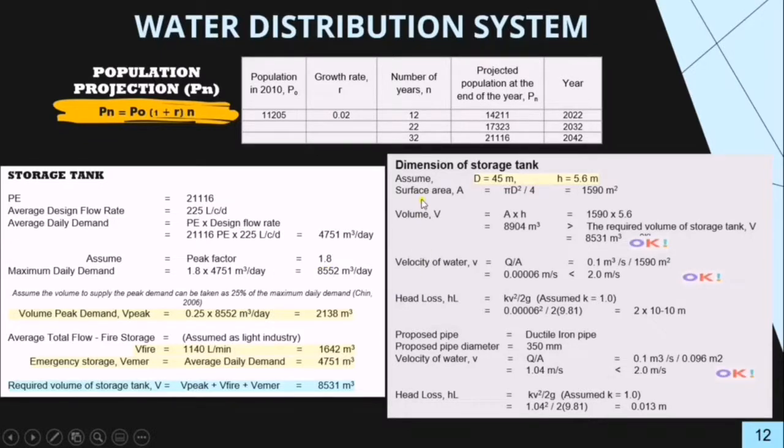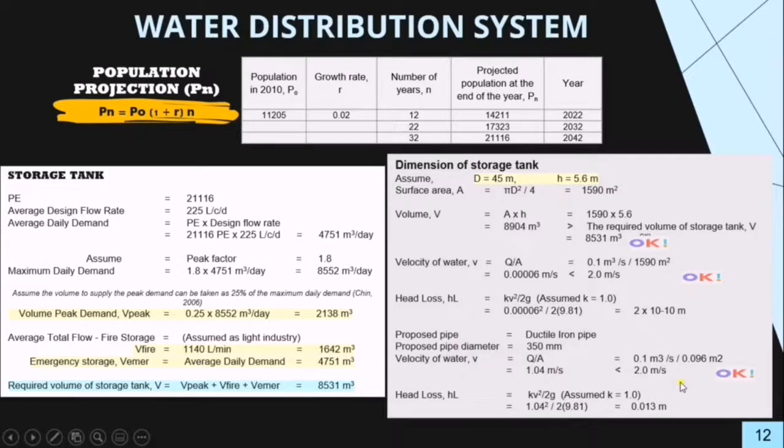Okay, so this is the result of the dimension of the storage tank that we will refer to: the volume, the velocity of water in the storage tank, and also the velocity of water in the proposed pipe. For the volume, it fulfills the requirement because the value is more than the required volume of the storage tank. Then for the velocity of water, the value is less than the requirement, so it is okay. And also the velocity of water in the proposed pipe is less than the requirement of the velocity,